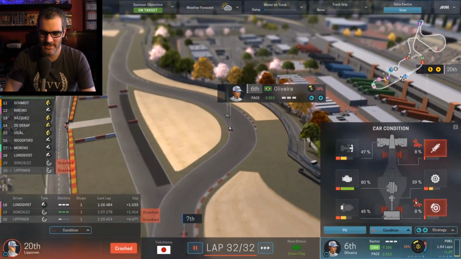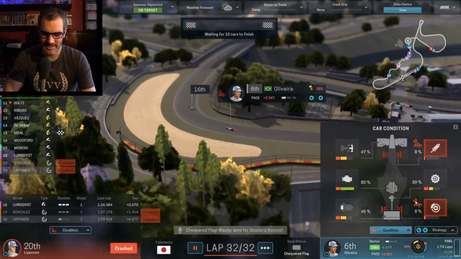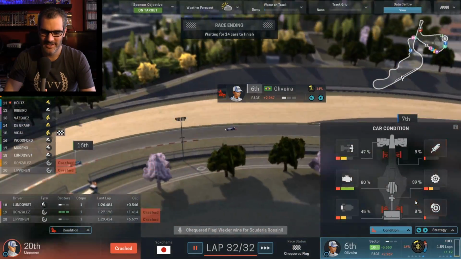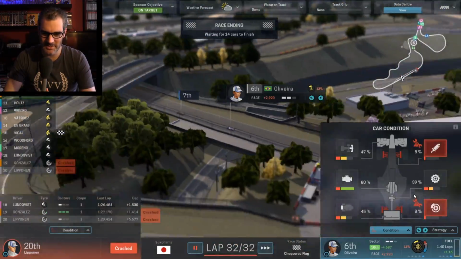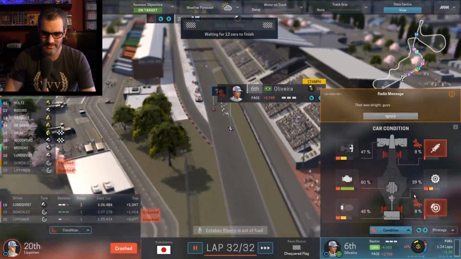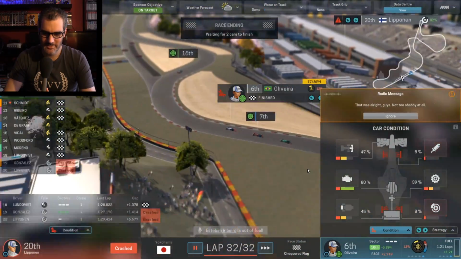being unlapped. An Eddie Irvine moment, and I'm thinking, just hang in there, you know, we're on the final lap, come on, don't break. Nothing we can do. I mean, there really is nothing we can do at this stage. You just have to make it to the finish. And there's one more lap,